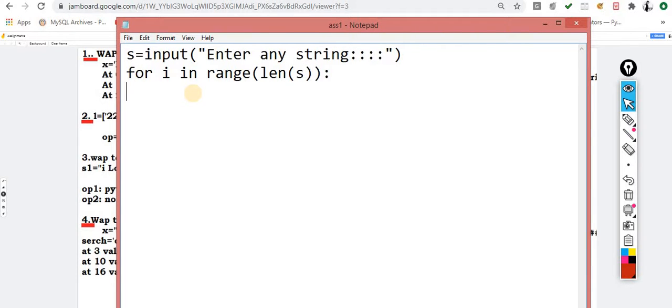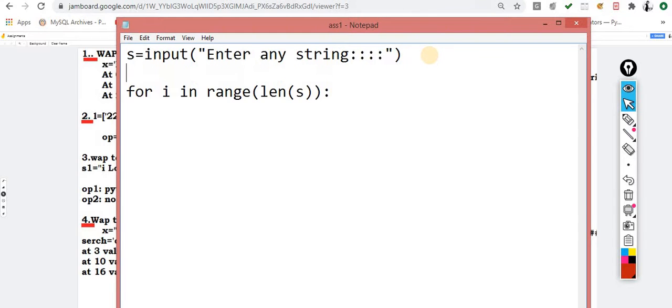Now what we have to do, first I am doing one more thing. I am storing the length of this particular variable s inside L, so rather than writing len of s over here, I am simply using L. So I calculated the length of s and assigned it to the L variable. Now I am iterating through this L.